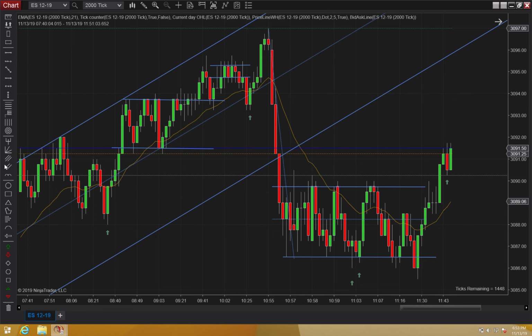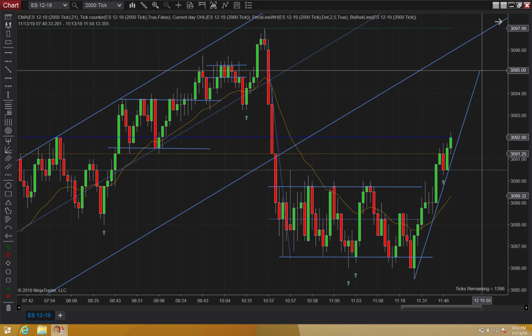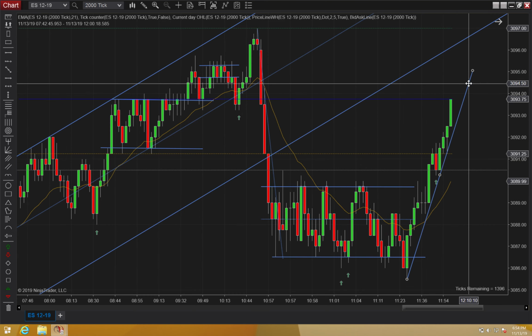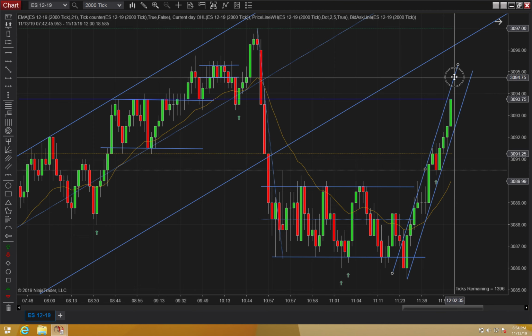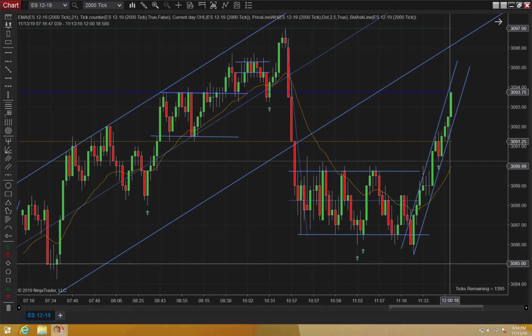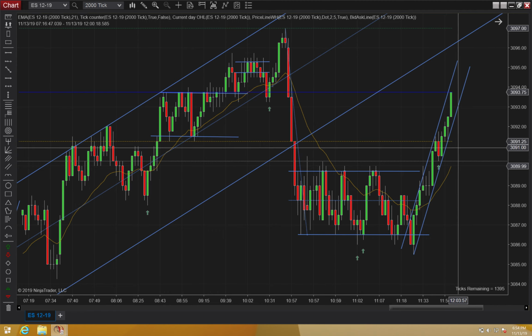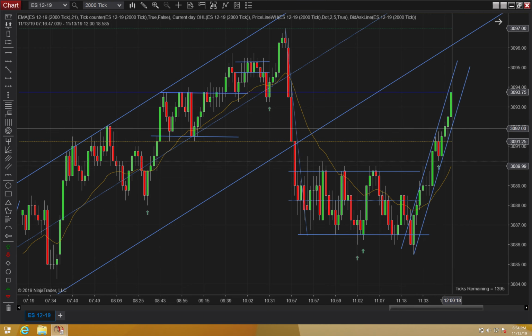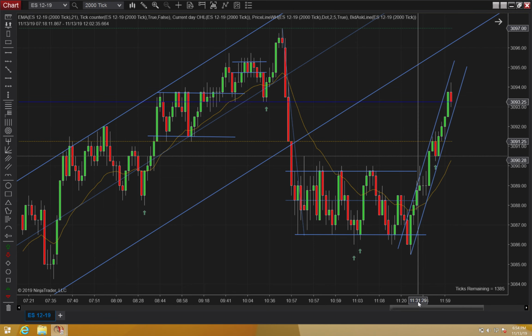I think at this point, if that breaks above, I'd be willing to, let's give it a line as well. Okay, got the break above. You're able to get out of that one, no problem. Got a nice little break above. And that gets us to 12 o'clock. So that trade triggered at 11:46, and that's 12. So we would be done for the day.